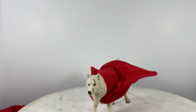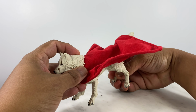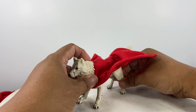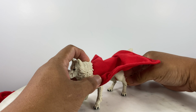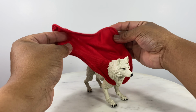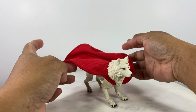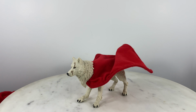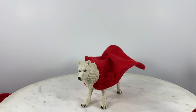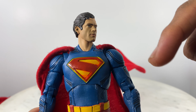Okay, and let's adjust the camera, adjust the angle and the feet, rear feet. Okay, so just angle this out a little bit so that the wind is blowing on the cape. Okay, there you go. So for the Superman figure, in a previous video we already discussed the basic